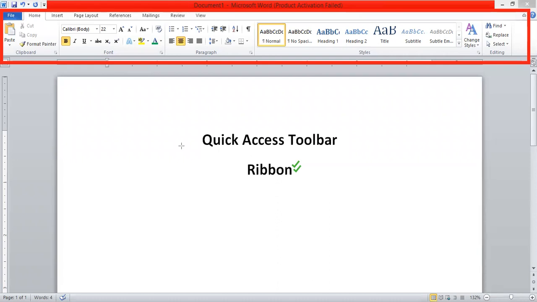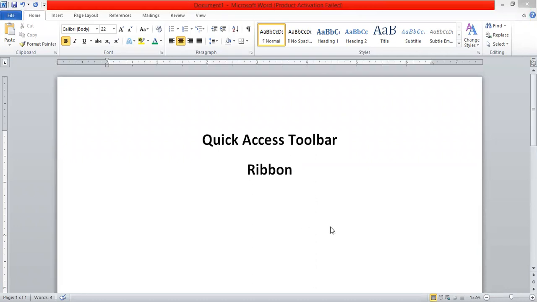This is a ribbon. It has so many things. Let me change the color of this box so that it looks more prominent. Let me draw it again. Now I draw it in yellow color. Now it's more prominent, and the outline of the yellow box is showing that it's a ribbon. There are so many things in the ribbon. The first thing is this, and then many other options are also available.